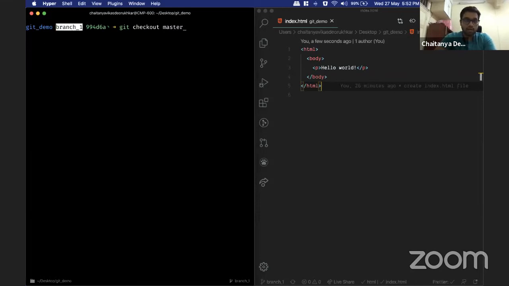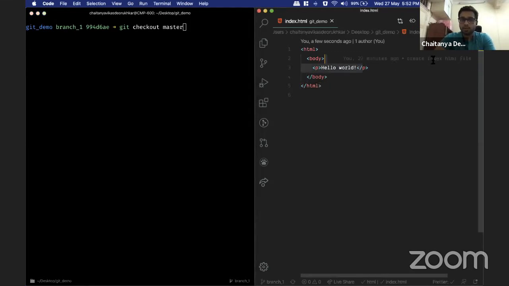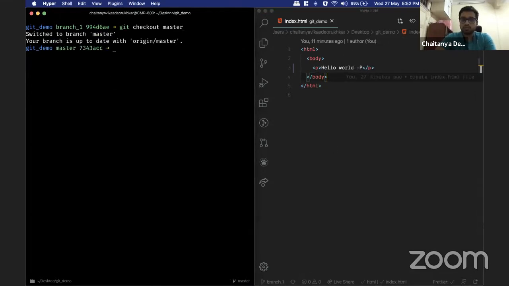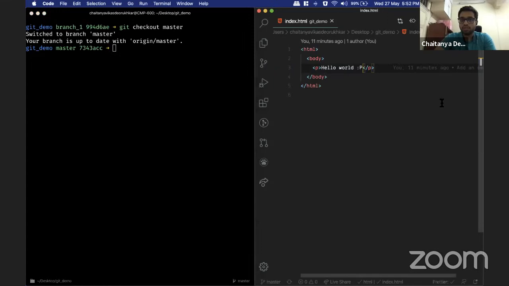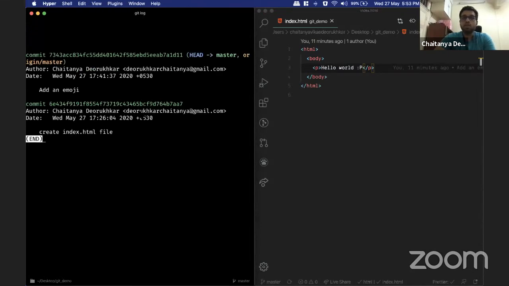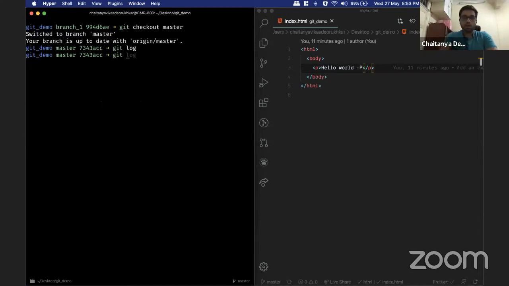So I'm on branch 1 right now. I want to go to master. Now don't focus on this side. Try and look at this side. Try and look at hello world. Let's see what happens when I do git checkout master. You see, this emoji is back here again. The very first emoji that we used, because on master, we still have these 2 commits, create index.html file and add an emoji. But on my branch 1,